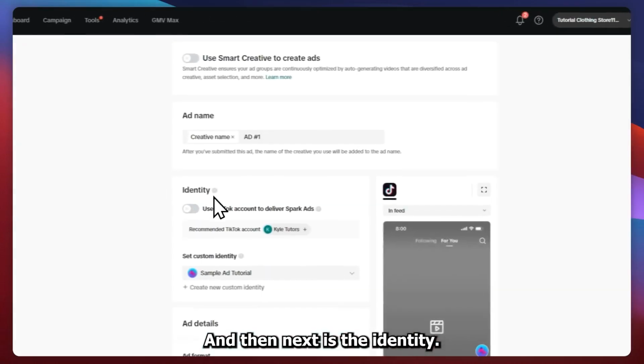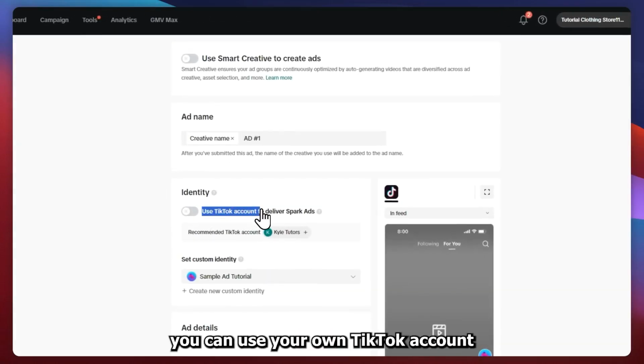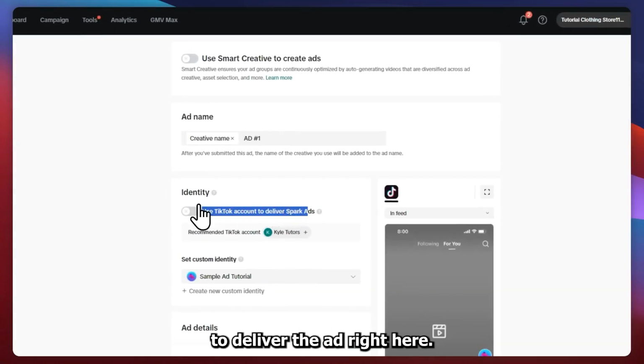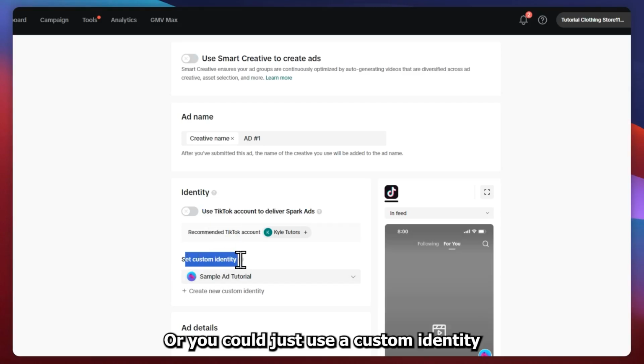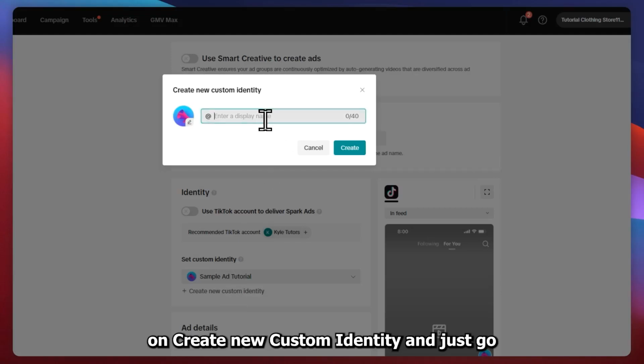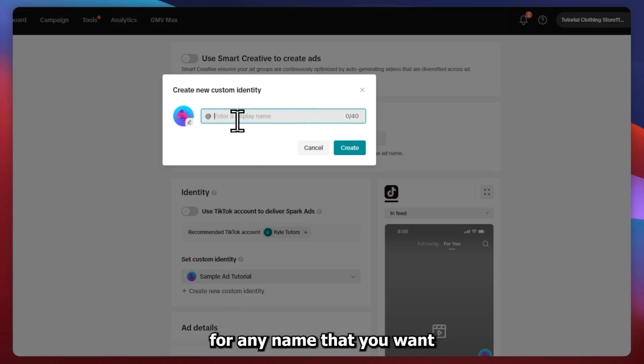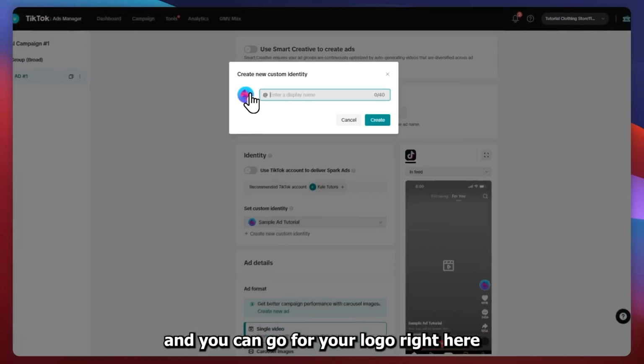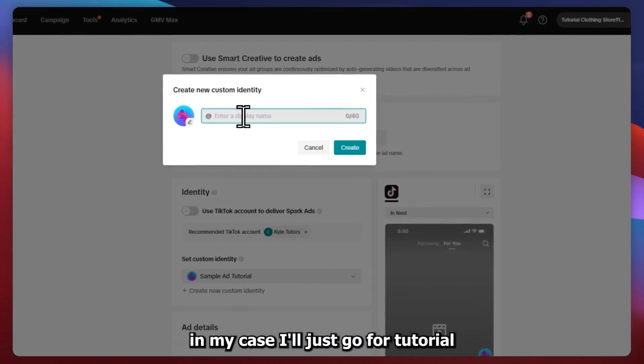And then next is the identity right here. You can use your own TikTok account to deliver the ad right here, or you could just use a custom identity right here, which you can click here on create new custom identity and just go for any name that you would want, and you can go for your logo right here if you'd want to as well. In my case, I'll just go for tutorial